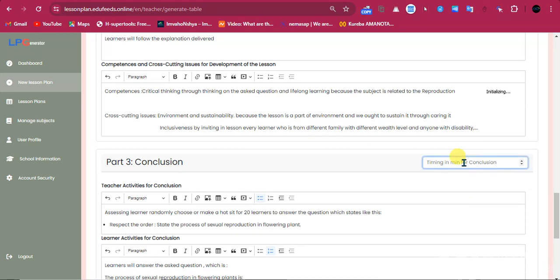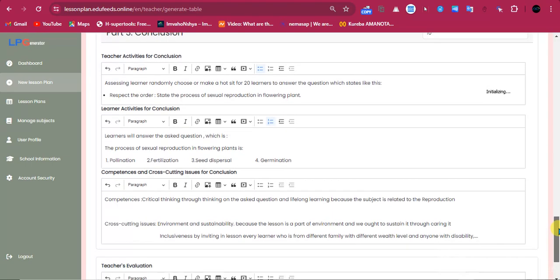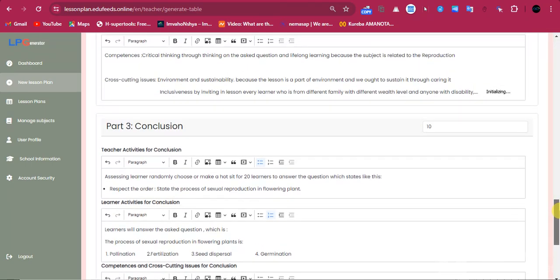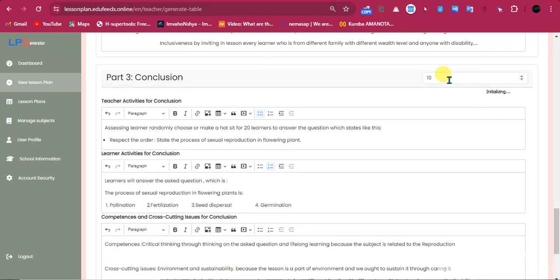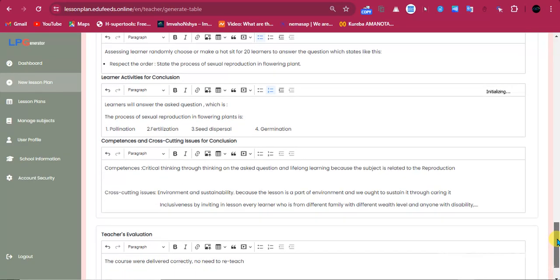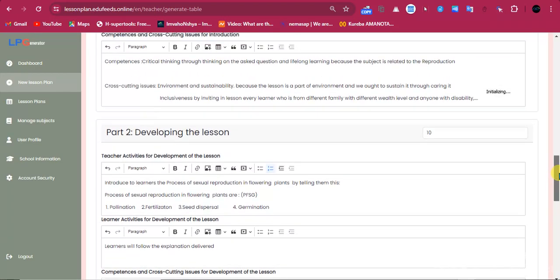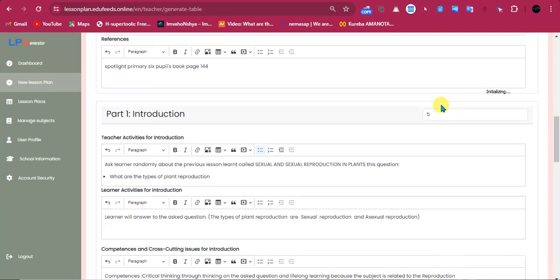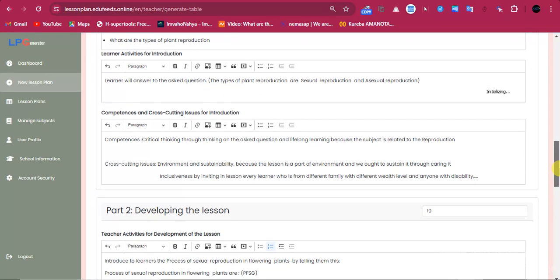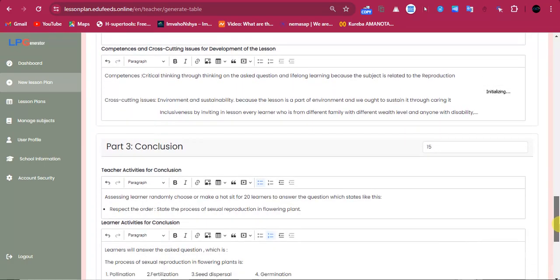Then 20. No, let me say another 10, so 25. And a conclusion. It will take time. Let us say 15, as a sample. Then here, let me say 10. So it is 20, 35.